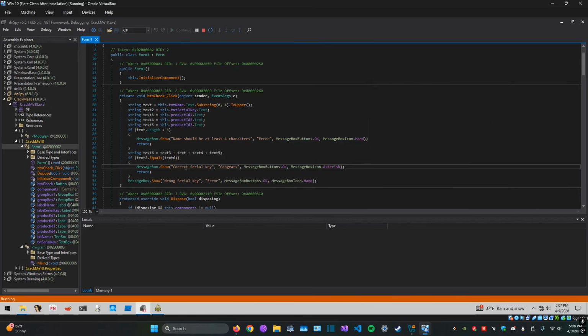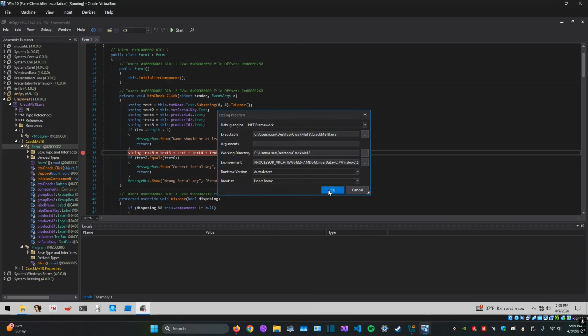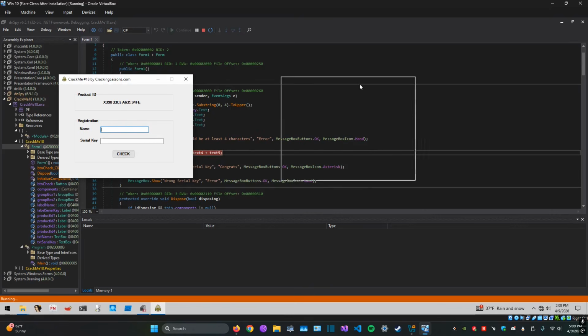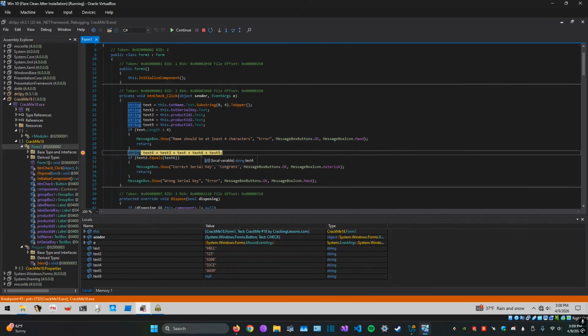Under the correct serial key, we probably want to place a breakpoint right before here to see what it's actually doing. So let's right click and add a breakpoint here, and then let's stop and then start, or you could just restart. Okay, let's enter some text here again. 1, 2, 3, and press check. It hits our breakpoint here, and if we view what's stored in these variables in memory, we have in text